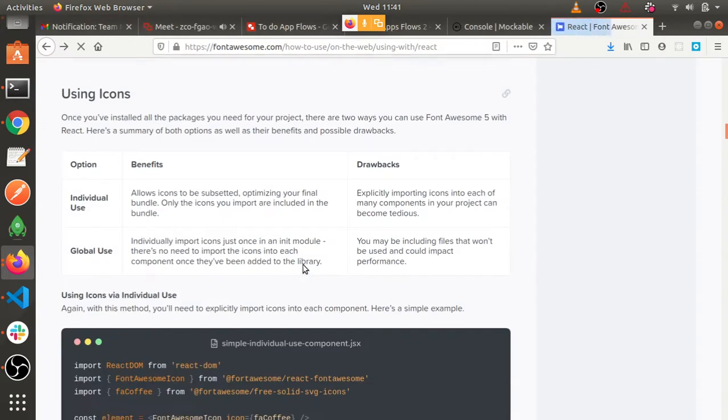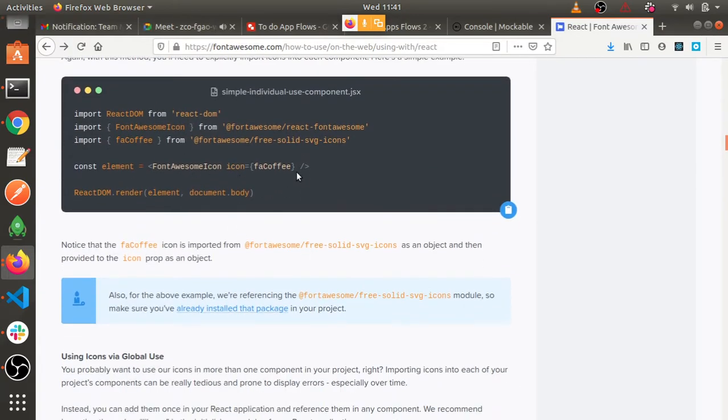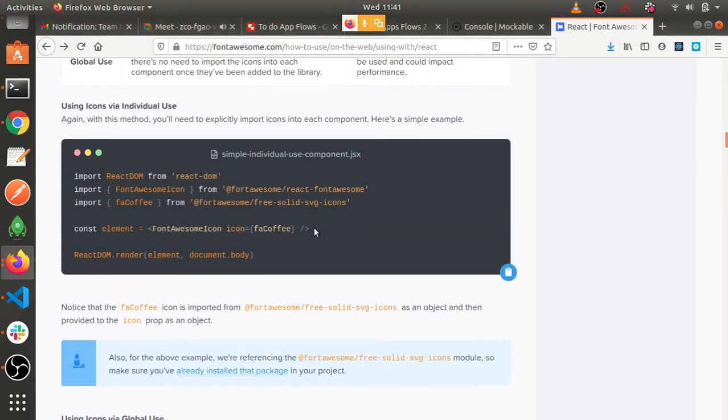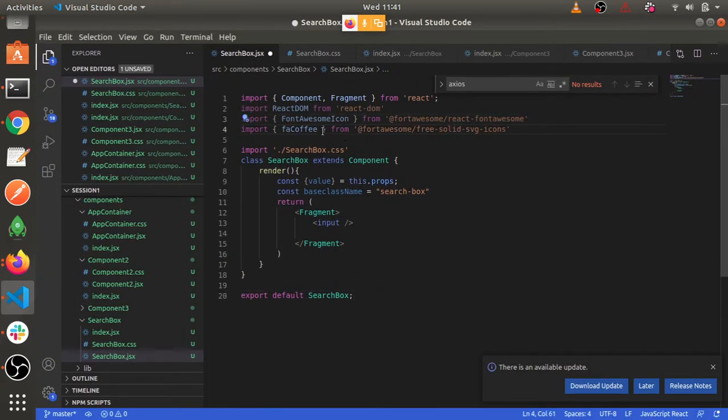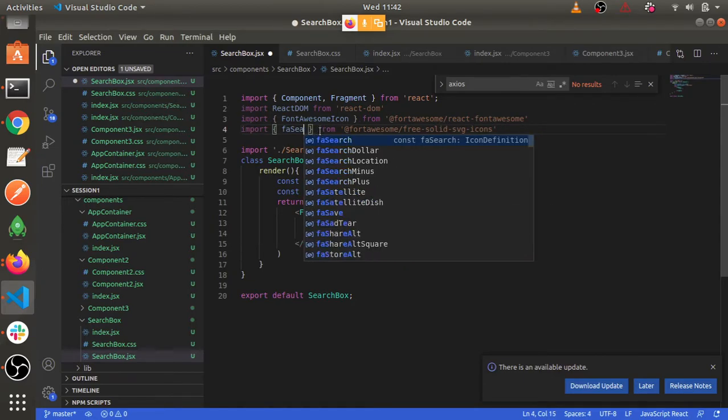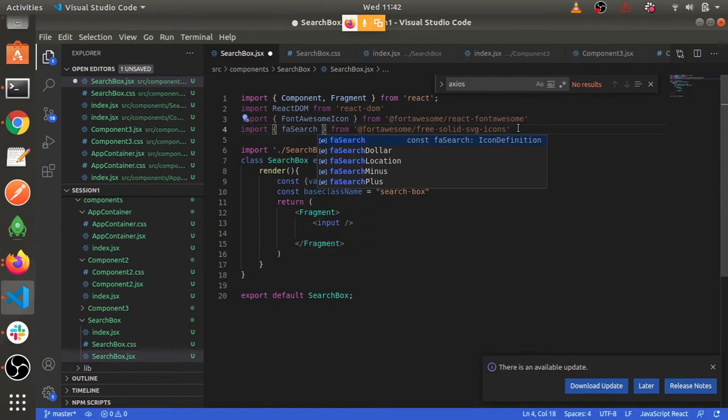They are showing that if you want to use faCoffee, you will import this, but we have to import the search icon, right? So we'll do that accordingly. We'll rename it, it should be search. I'm not very sure, we'll see if I get some error. And this is the way we can use it.